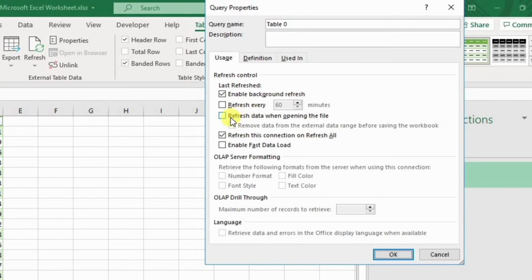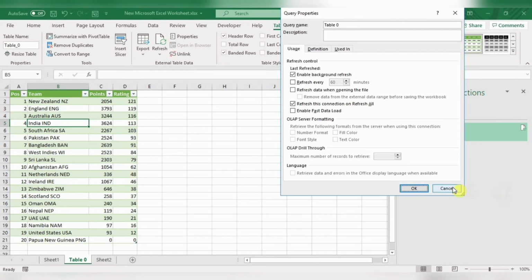Or if you want the data refreshed when you open the Excel file, then you have to use this method. Whenever you open the Excel file, immediately it will go to the browser, pull all the live information and give the result.